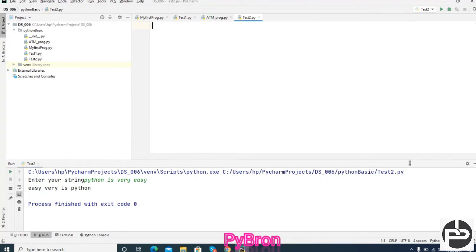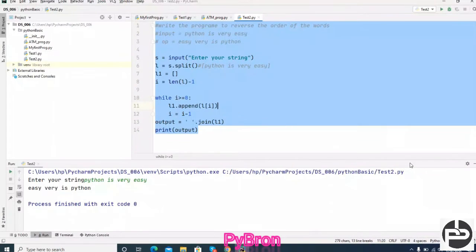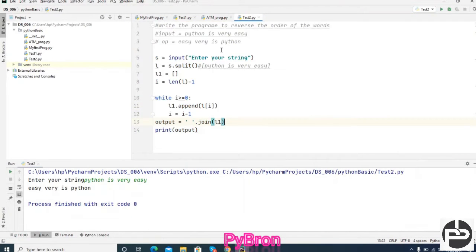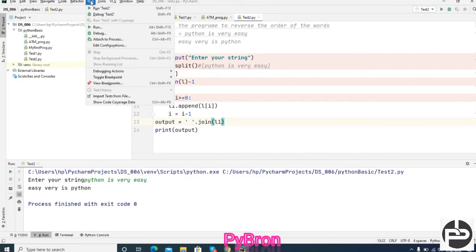Next question is what? Understood, right? Any doubt in this? Any kind of doubt with this program? One more thing, I would like to debug the code also. Suppose you are facing some issue, you should know how to debug the code. Just put a breakpoint, and after the breakpoint you have to execute your code line by line.